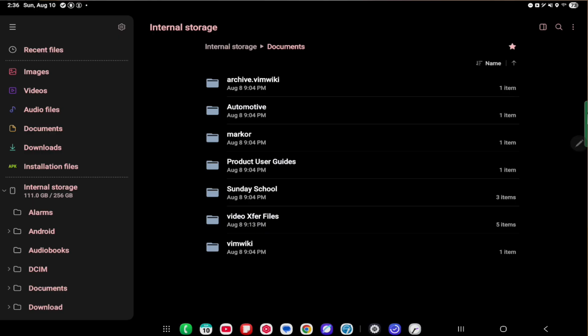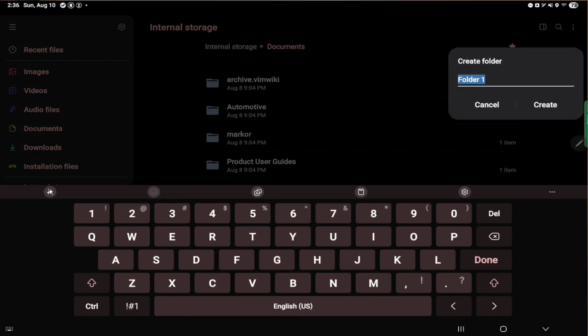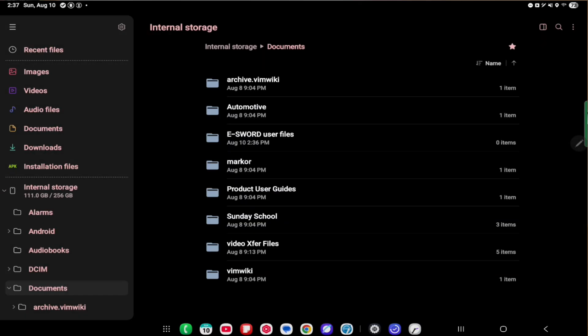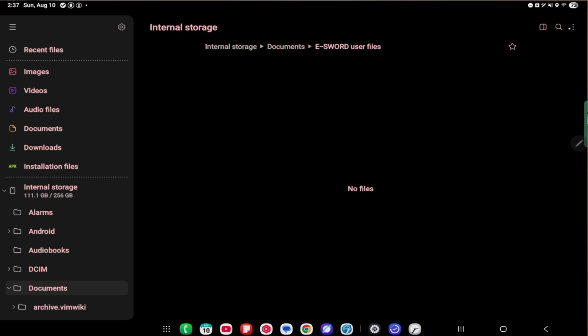I have in here that I had on my phone that I brought over, but I'm going to need to add a new folder. So I'm going to hit the 3 little dots. I'm going to create a folder, and I'm going to say eSword user files. We'll hit rename. Okay, and then I'm going to go ahead and make another